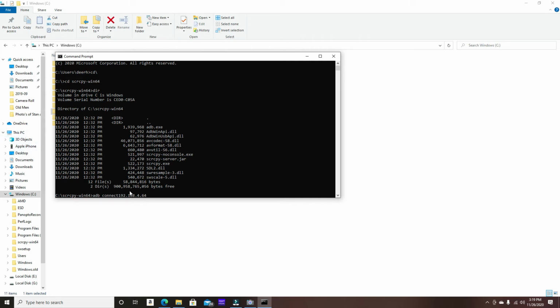Okay, and make sure there's a space between connect and the IP address. Let me fix that. You want to make sure it's going to look something like this: connect 192.168.4.0.64. Okay, and after that, there's a port number that you're going to put in, and this is the port